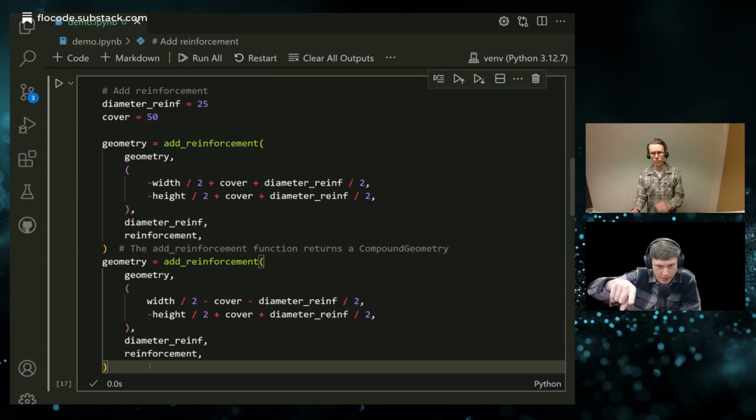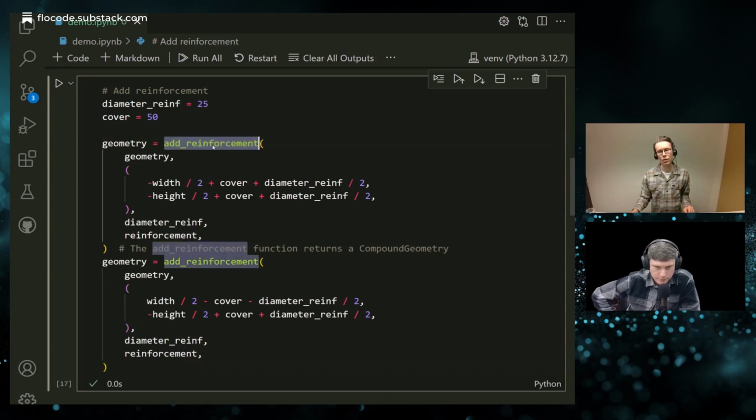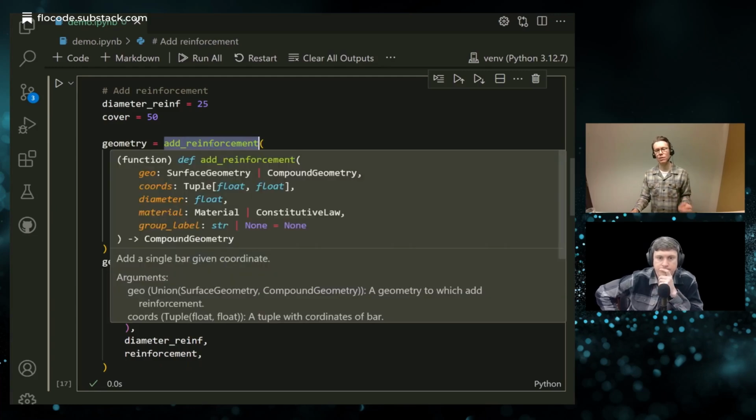Oh yeah, I see here. Right. Okay, gotcha. So I skipped the names of the keyword arguments here, but this function call, add reinforcement, adds a point at a given coordinate.